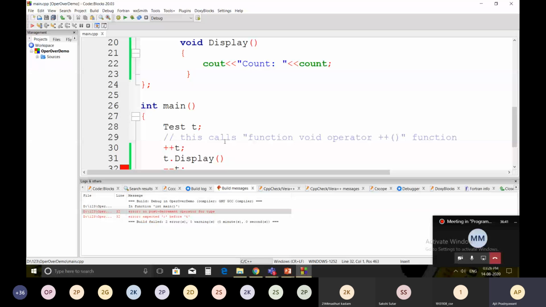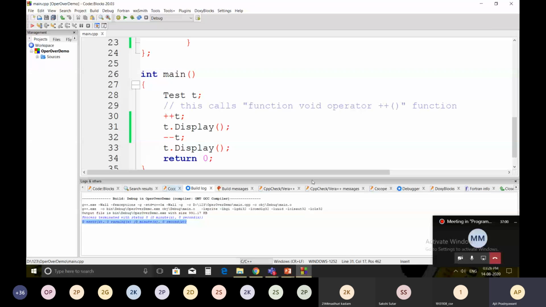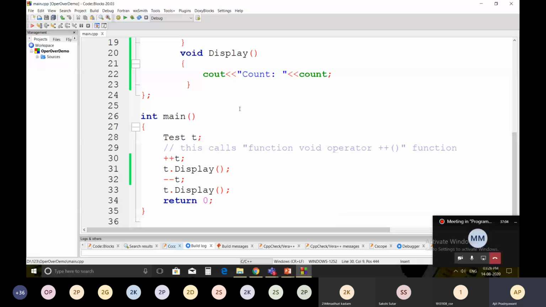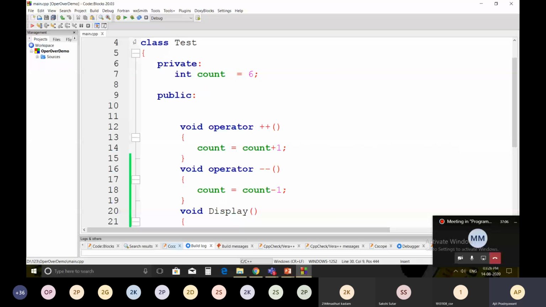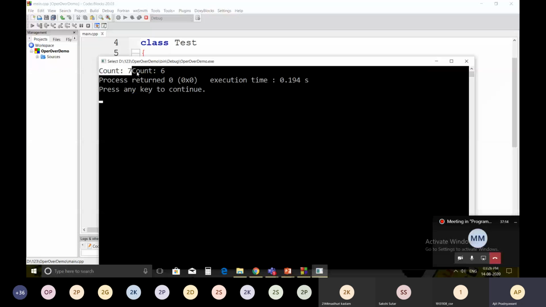Error: expected semicolon before t. So here it is, I have missed this semicolon. Just compile it. Now it is successfully compiled and our code is correct. Now I'm going to execute the code. This is the output of the code: count 7, and then count 6.